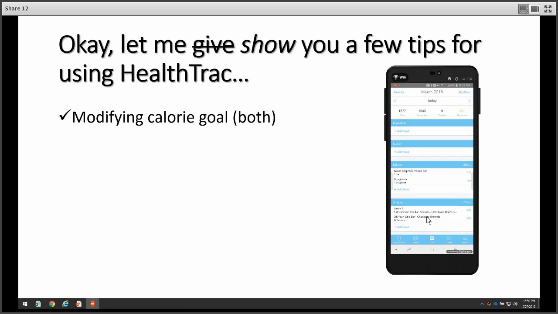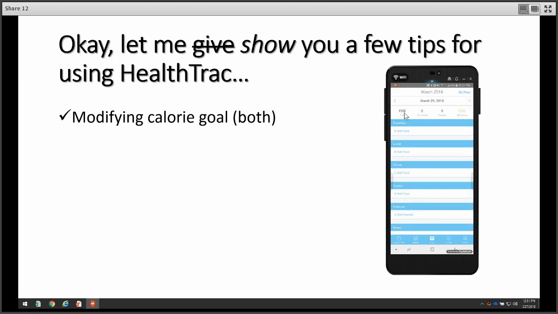Some of you may be pre-recording, putting stuff in your food diary in advance. You may have some stuff in there for tomorrow, and there are a lot of reasons why that's a really good thing to do. But in terms of setting your calorie goal, you can't change it for any dates in the future that have food already entered in them.